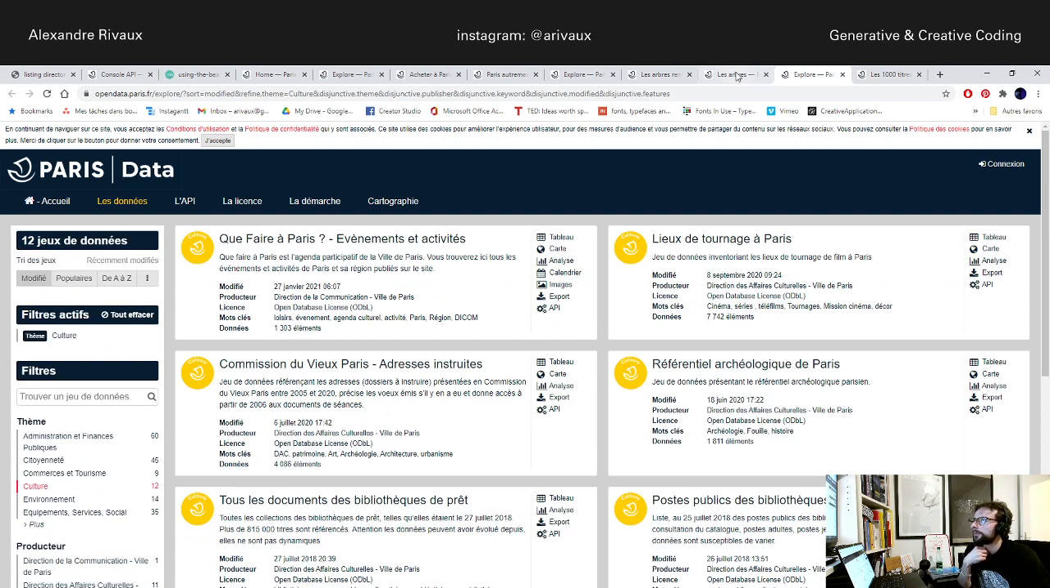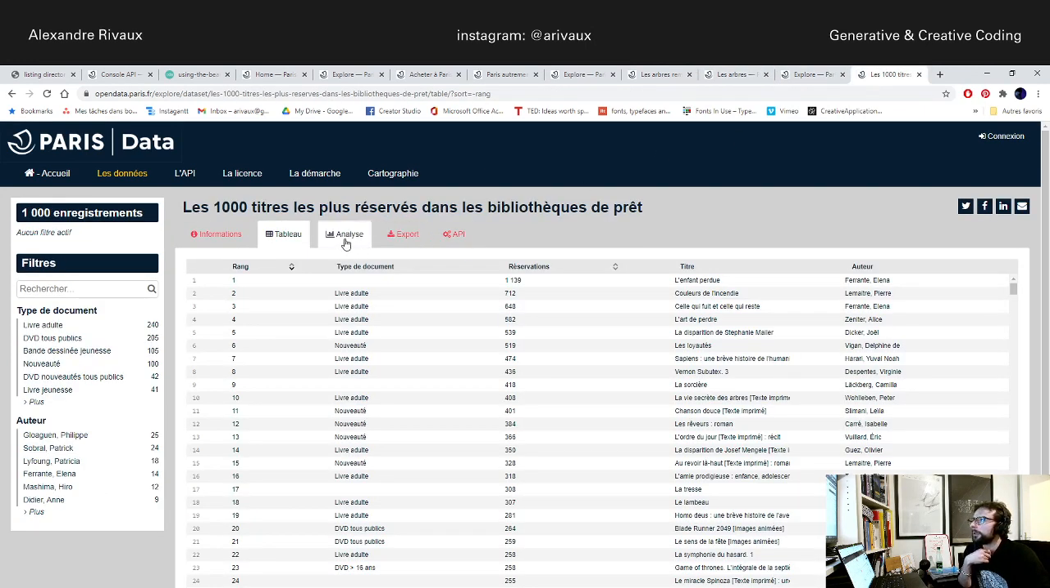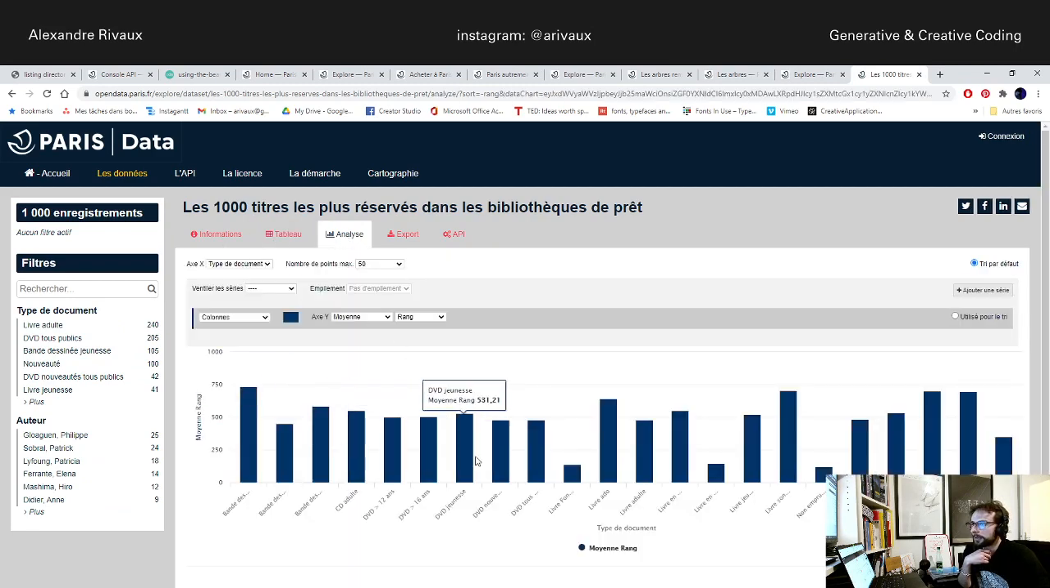Okay, so this was for cultural. You can have some analysis, for example. So here you have an analysis about how many. So the rank. So it's sorting the rank by the type. For example, this is kind of interesting because you could see there is sometimes